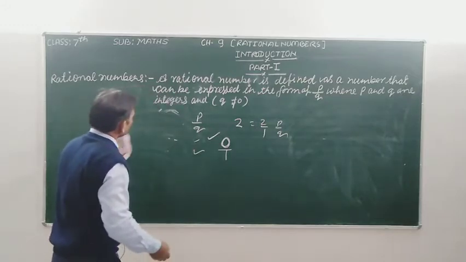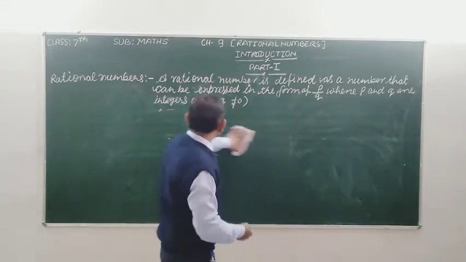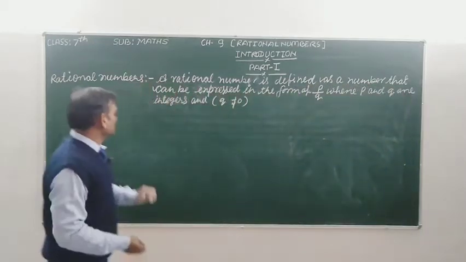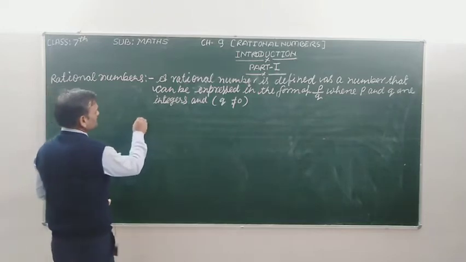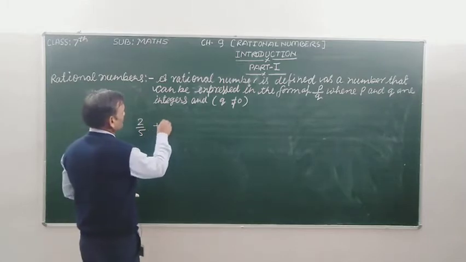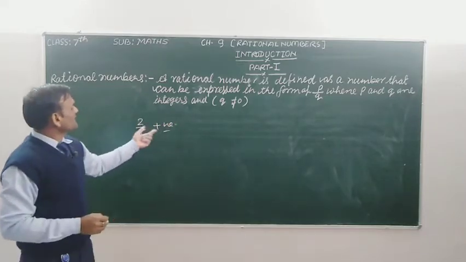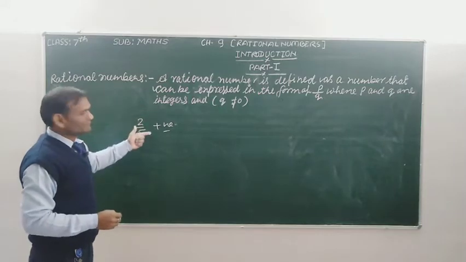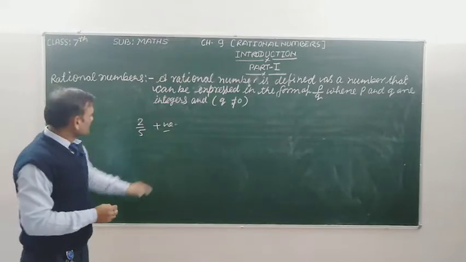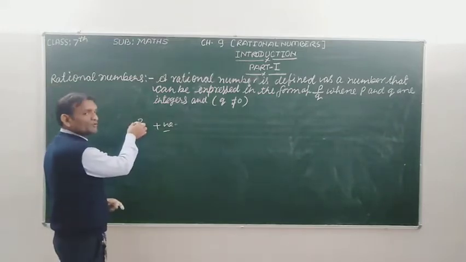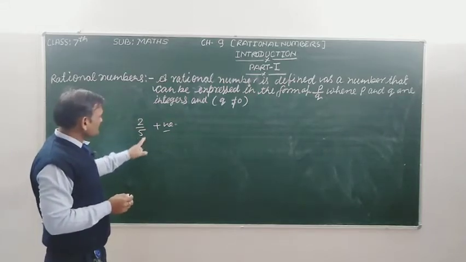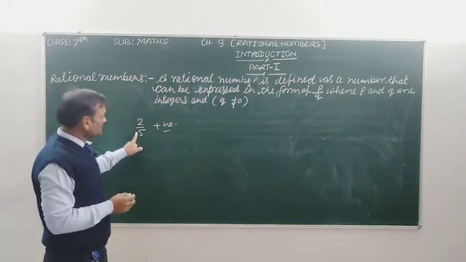That rational number whose numerator and denominator are positive, that is the positive rational number. Positive rational number ये क्या है? Positive 2 upon 5. 2 upon 5 is a positive rational number, because there is no sign before 2, so you will understand about the positive sign, and the same condition is applied here in case of 5.